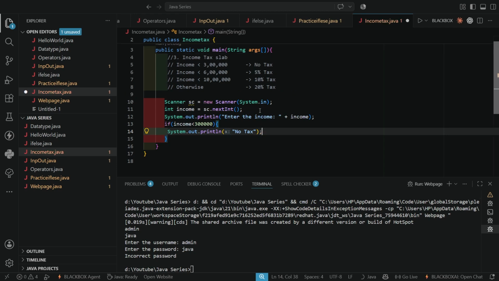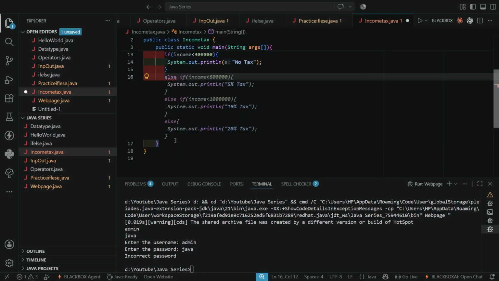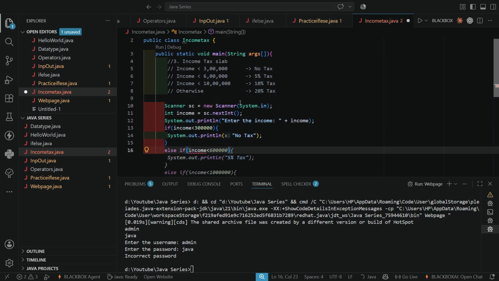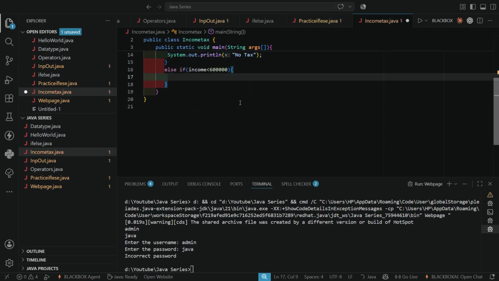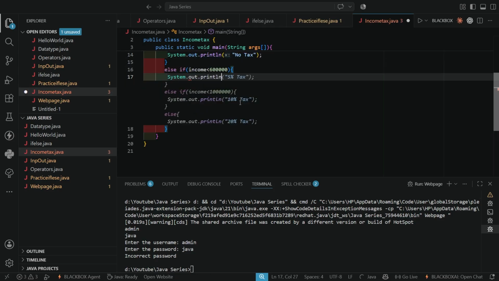And the next condition is, else if income is less than 6 lakhs, then 5% tax would be applied.